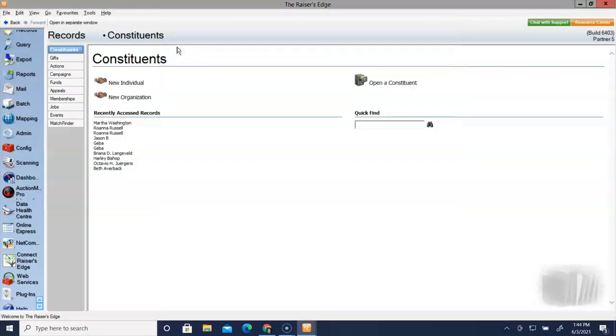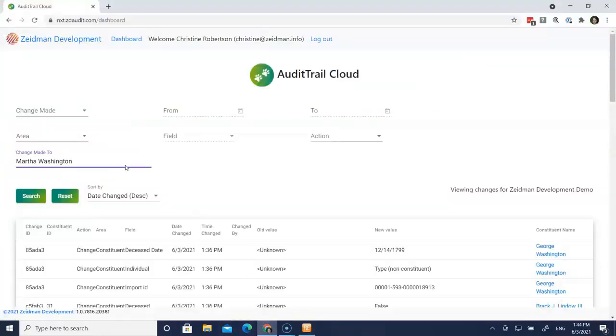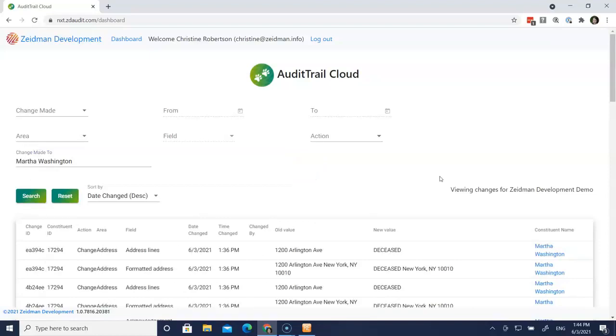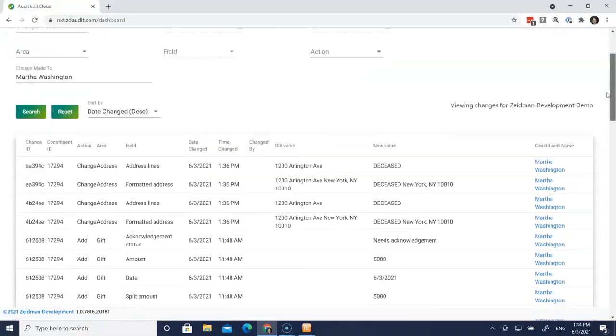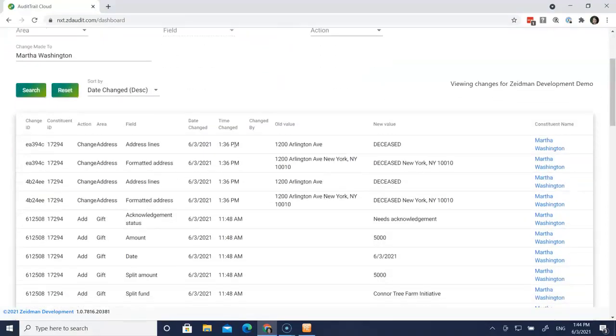We've identified the problem. Now let's talk about how we can use Audit Trail Cloud to fix the problem. So I'm going to go ahead and open up my version here of Audit Trail Cloud. I've got Martha Washington in my options here. I want to search for changes made to Martha. And we can see here that Martha's address was marked as 1200 Arlington Avenue, and then it was typed over